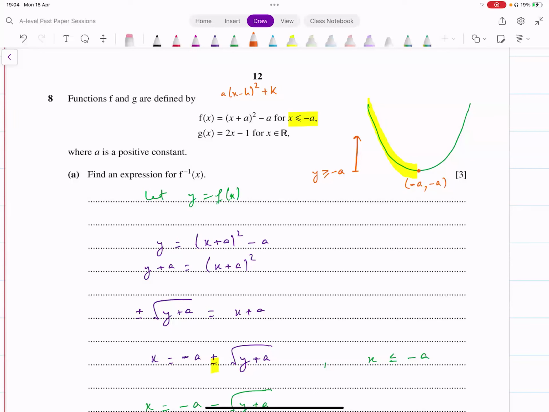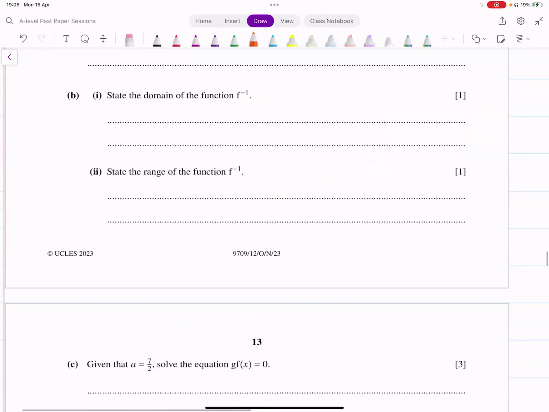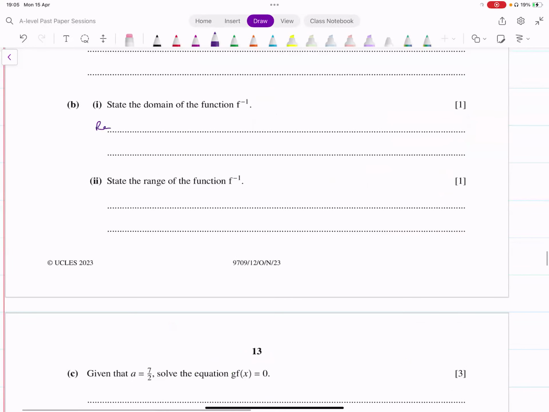I hope that makes sense, right? That's the standard process for finding the range of quadratic functions. Look at the graph, look at what part is valid. What's the lowest point? The lowest point is minus a vertically. Highest point, there's no highest point, it's going up to infinity. So the range is y greater than or equal to minus a. So now, since the range of f is y greater than or equal to minus a,